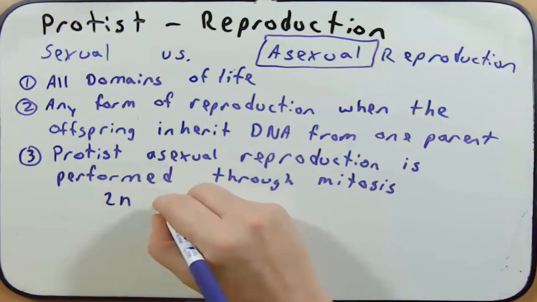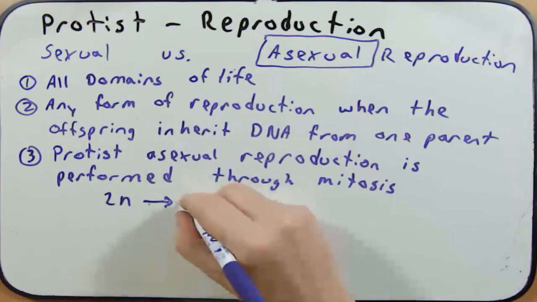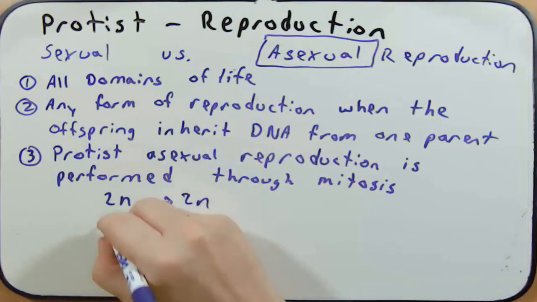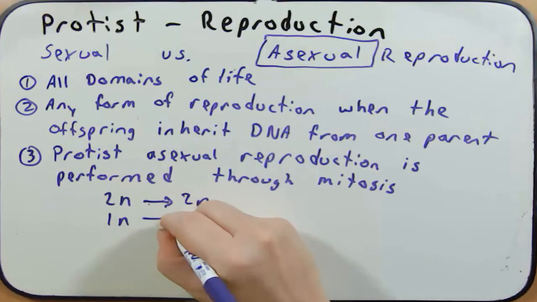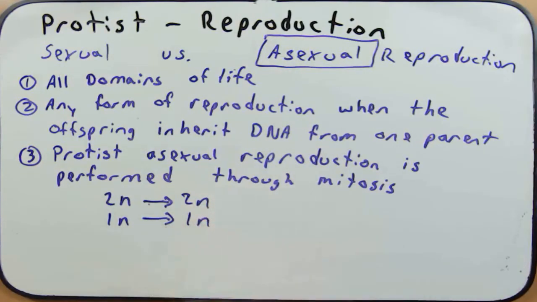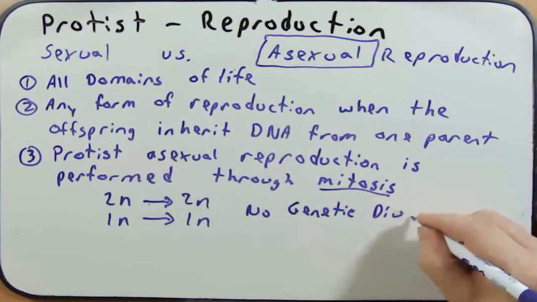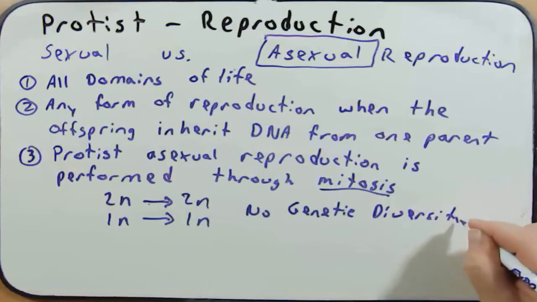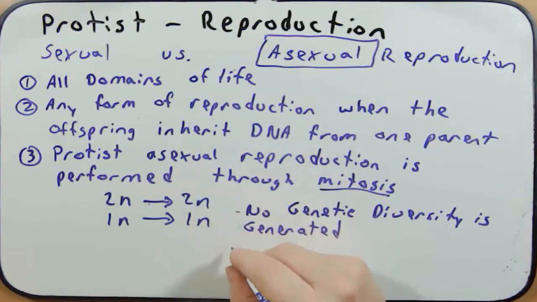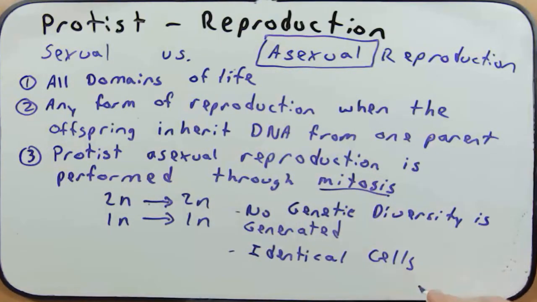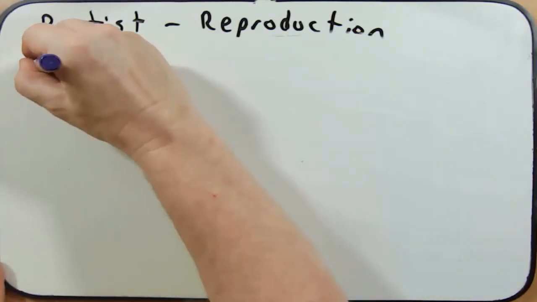This can be either a diploid cell dividing and producing another diploid cell. It could also be a haploid cell dividing and producing a haploid cell. A key thing with mitosis is no genetic diversity is generated. So essentially we are making identical cells. You can get some mutations, so you can get some differences, but in general we think of this as producing identical cells. Now remember, protists can either be unicellular